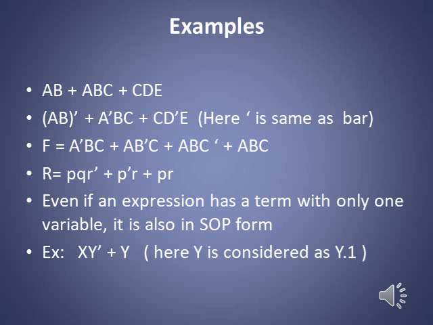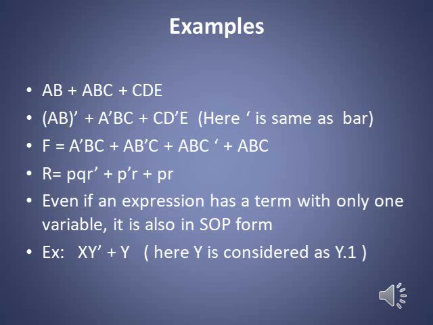First one, A dot B plus A dot B dot C plus C dot D dot E. There are three terms in this expression. Every term is a product term, A dot B, which are added together, plus the second term is also a product term. In the second example, I have represented the complement, the bar, using an apostrophe, which can also be written in place of an over bar. Here, (A B) whole bar plus A bar B C plus C D bar E. There are three terms, each term is a product term. The third one is also, and the fourth one using P, Q and R.